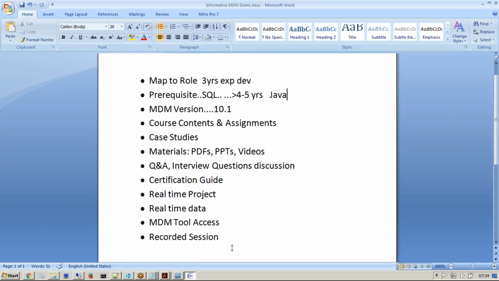So what you're saying is it's a good thing for me to go through this anyway. Yes, if you're planning to be an MDM architect, then it is mandatory, because especially you will see